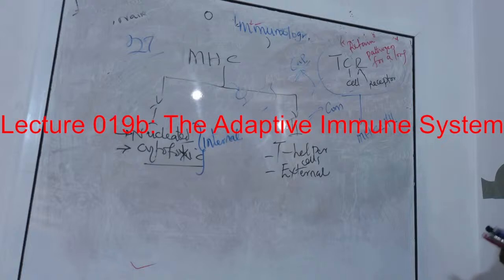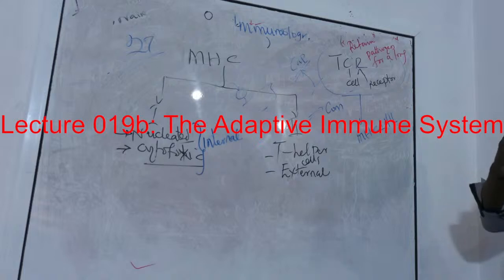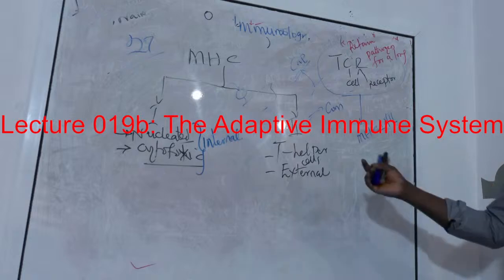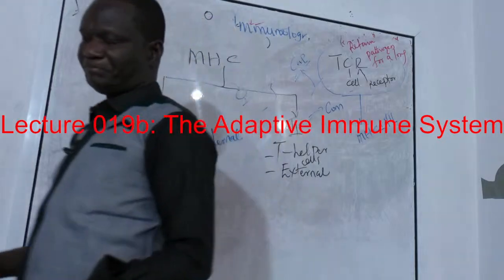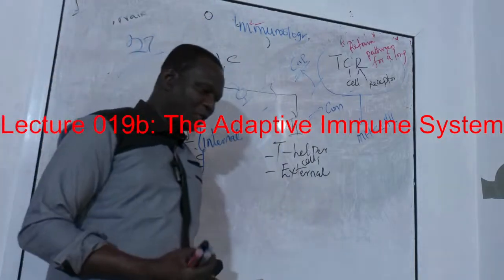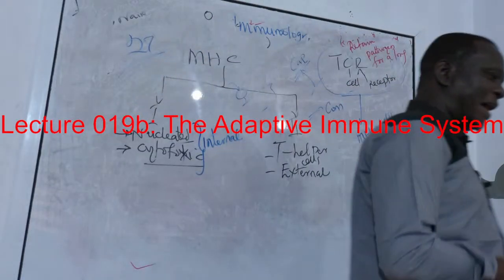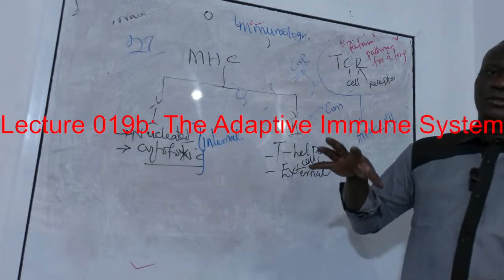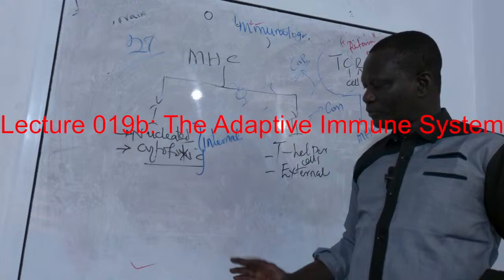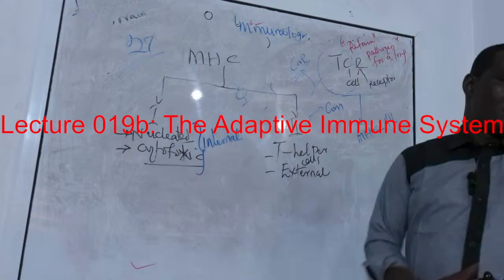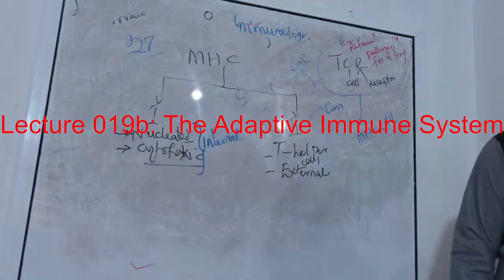Just like I told you, the adaptive immune system is highly specialized. It is highly specific, it is able to differentiate between self and non-self. It has the ability to deal with different types of pathogens and different types of cells. You can see the innate immune system cannot actually deal with cancer. Most of them cannot deal with viruses, and that's why you have more in children. Vaccination in small children is more than just the immunity that is natural from the adaptive immune system. So this one is able, it has